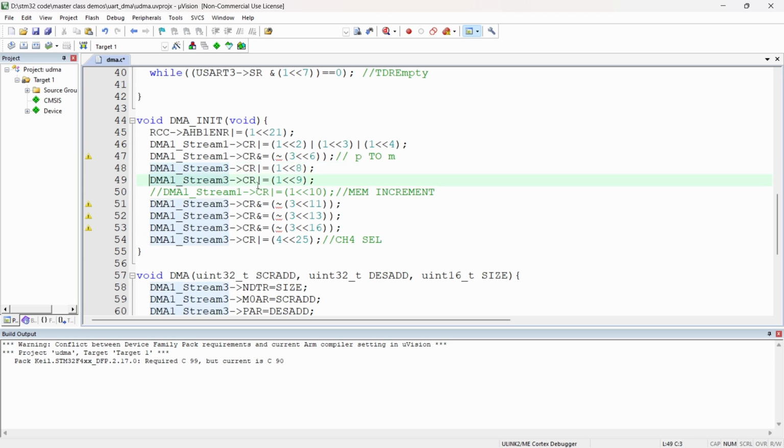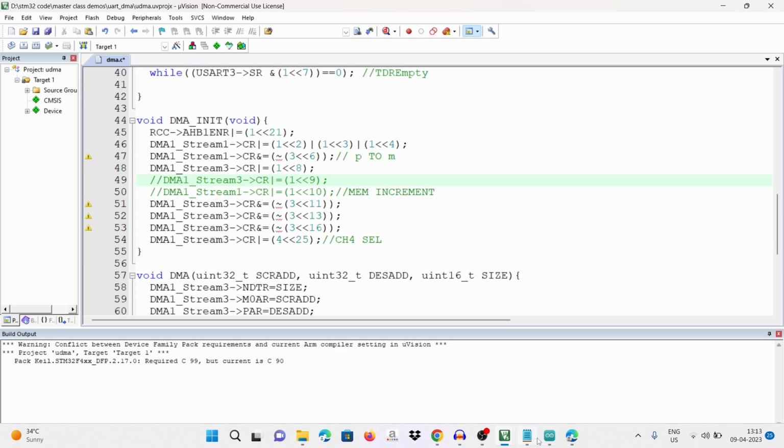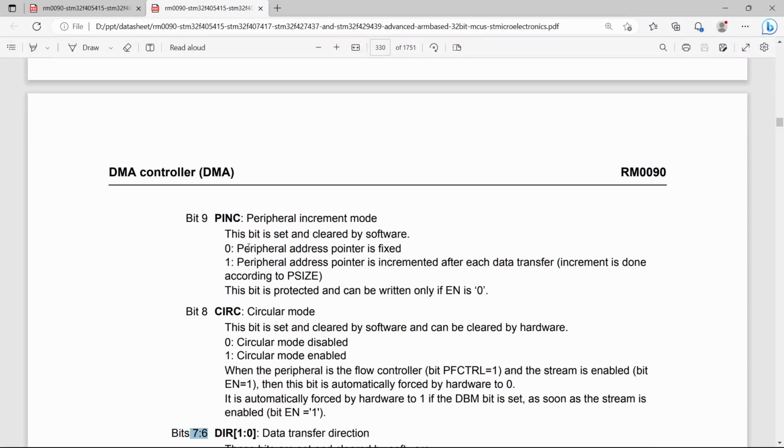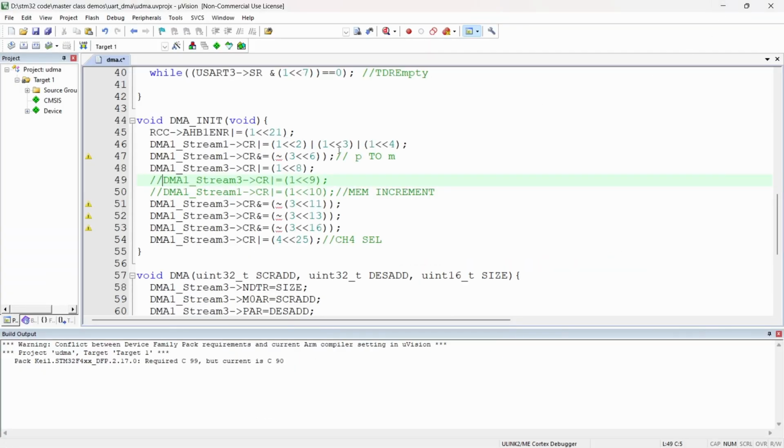So we should not set bit 9, because you can see the ninth bit is peripheral increment, so we don't need to do that. Okay, so we have to do this memory increment only. So we will do this. Next